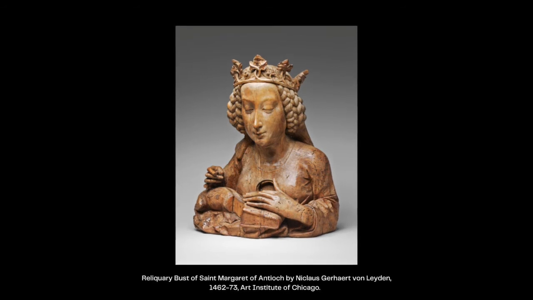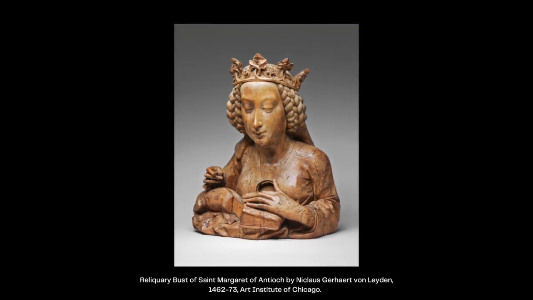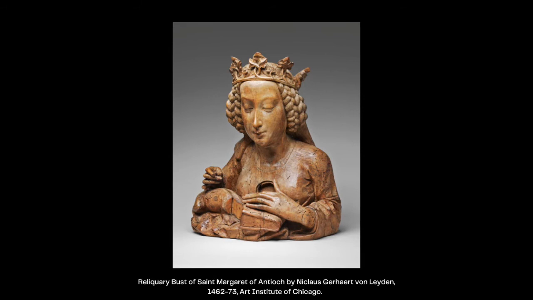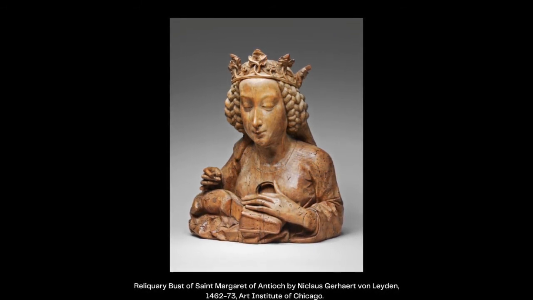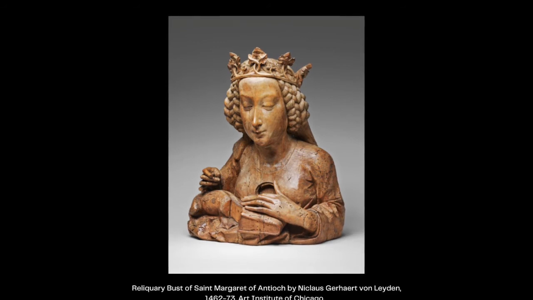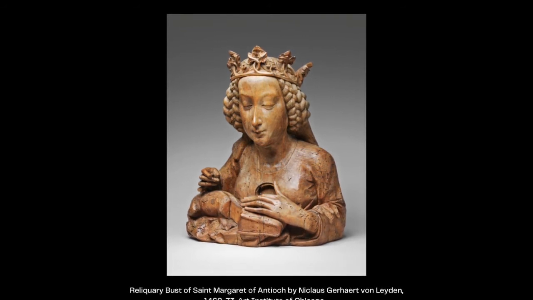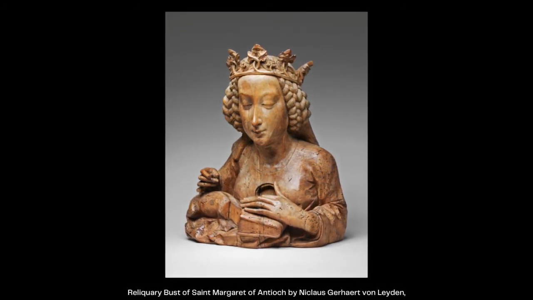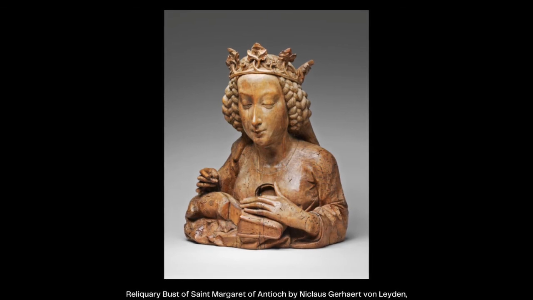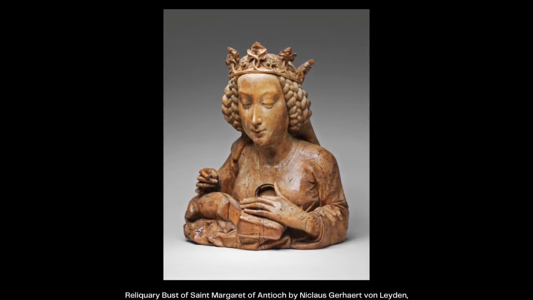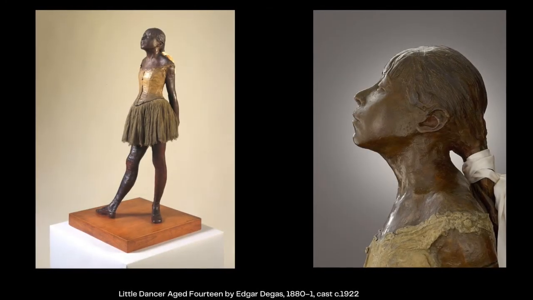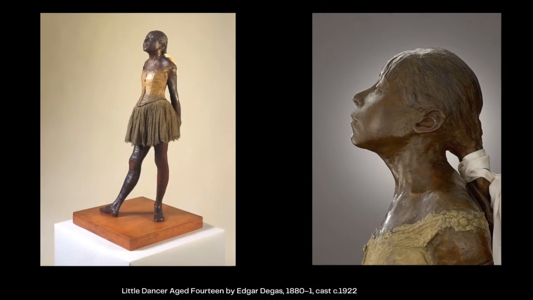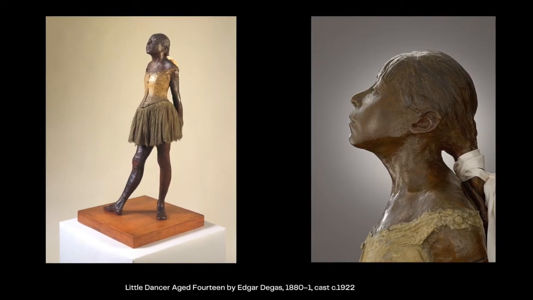So it is a ponderable issue that if the artist's clear intention is to portray a real person, but it is uncertain if they have achieved the likeness, whether the boundaries of portraiture could be widened to include it. Another blurring is when the face is clearly of a real person, but they are not identified. Here is one by Degas, of a 14-year-old dancer, but she remains unnamed, the official title of the sculpture being